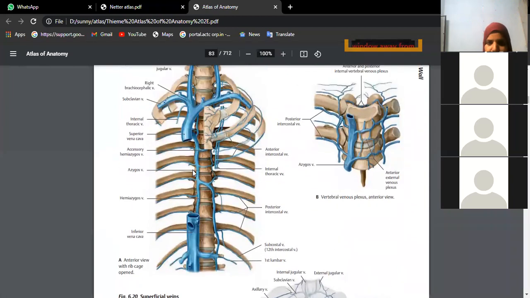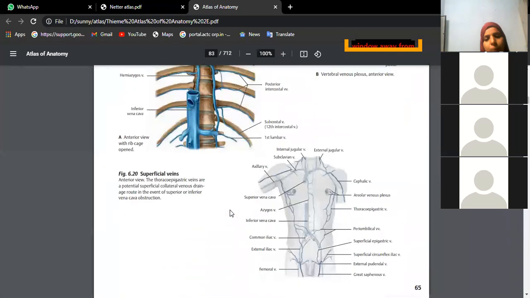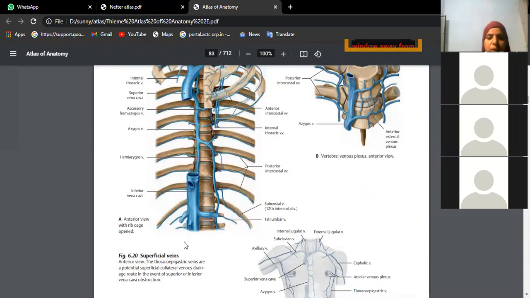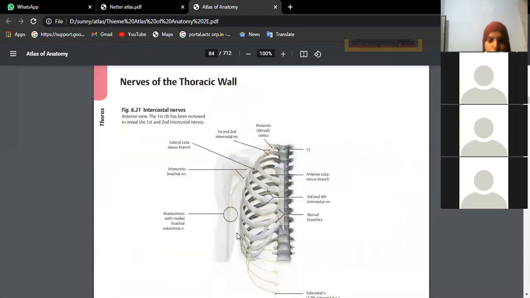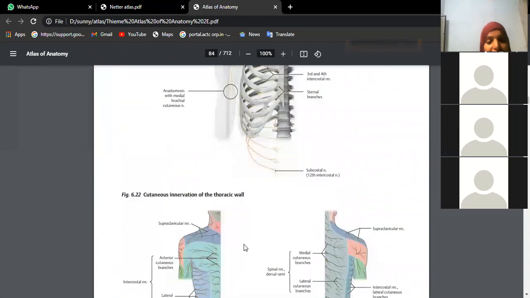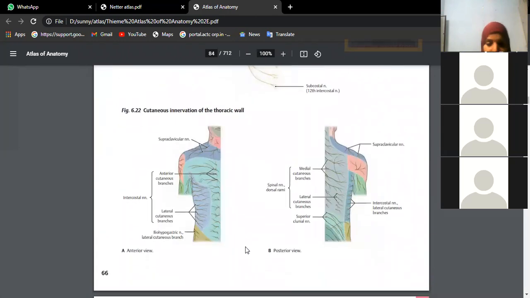This is the azygous system of veins which you will see in the posterior wall of the thorax, beta. Try to observe this. At least you should be able to name them. Anyhow, when you study theory thoroughly, at the end of the year, definitely after 1 or 2 months, when you are going for your final exam, you will be thorough with all this. And during practicals, all these things will become easy for you. For now, you just try to get oriented like where structures are located in the body.